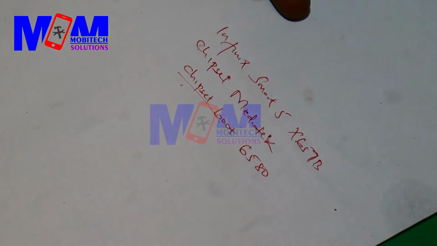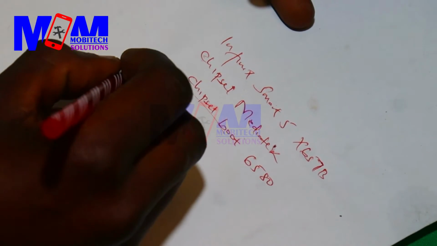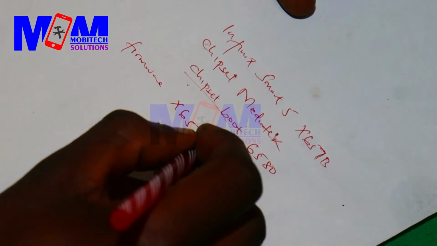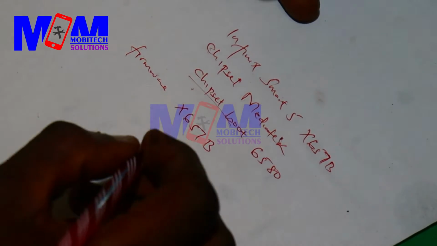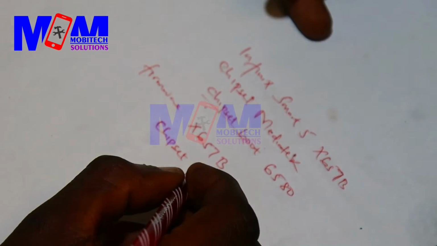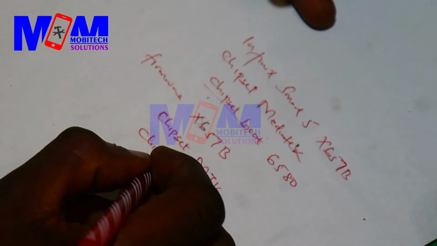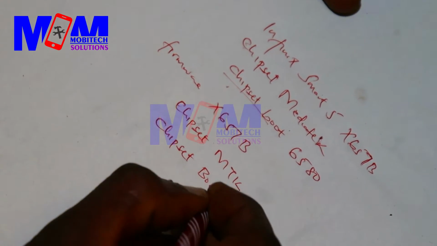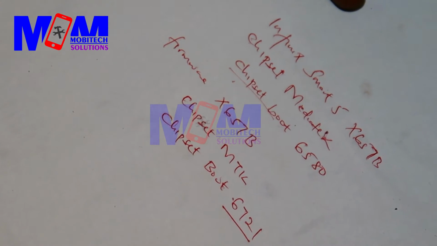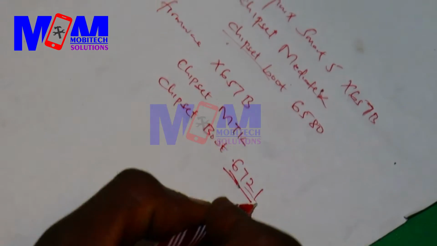Whereas when you go online and seek the firmware file of X657B, you are told that the chipset is the same. It's MTK, but when it comes to the chipset boot, it becomes 6721. Now this boot, 6721,